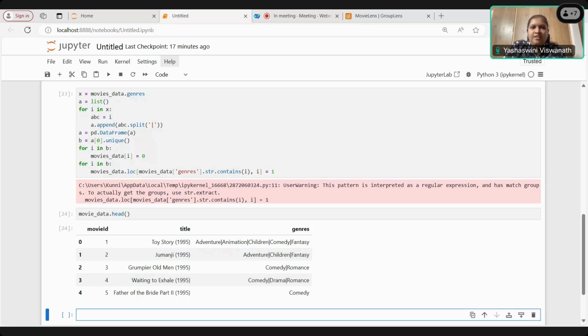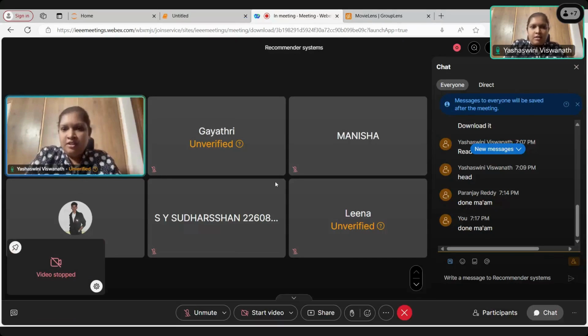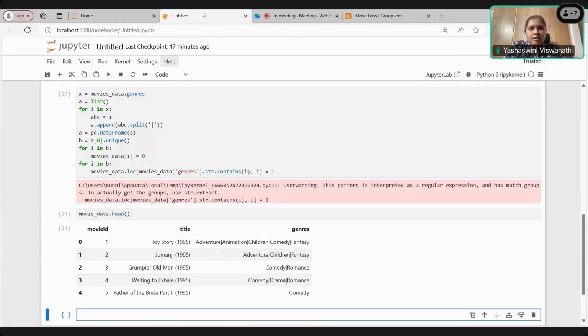Just give me one second. So what we will do is, yeah, I'm able to see your screen. Yes. Let us debug. Okay. Let us see what we need to add in order to get the one-hot encoding.